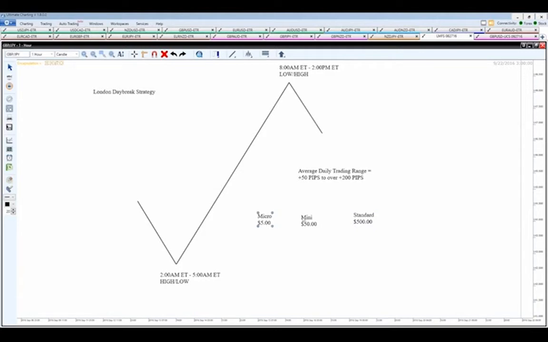Now, I'm going to show you at the end of the webinar how you can set up a demo trading account, where you can actually practice doing this utilizing fake play money through a broker. If you stick with me, I'll show you how to do that as well. So this is what we're looking to do here.